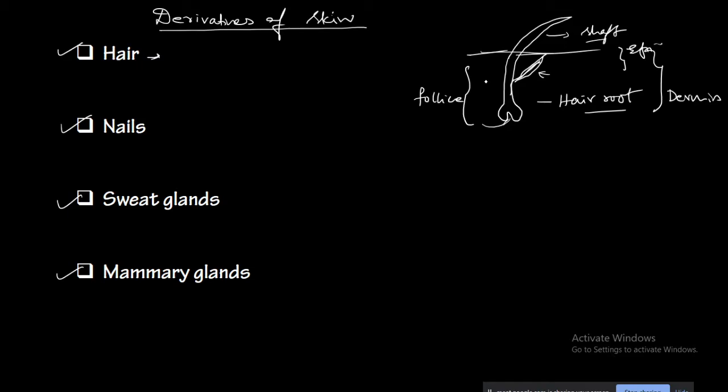The structure of the hair is more or less the same in different parts of the body. What differs is their age, like they may be there for less time, or they may be there for more time. One important thing here is that they have a supply of blood vessels, or rather capillaries, and nerve endings. That is why the hair also has a sensation. So that is basically about the hair.